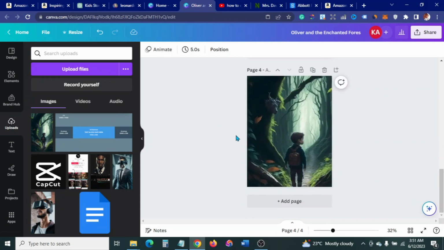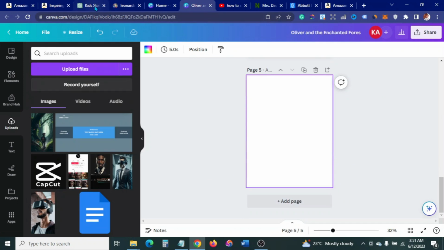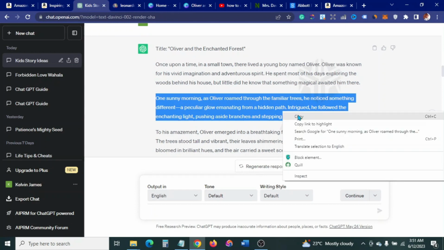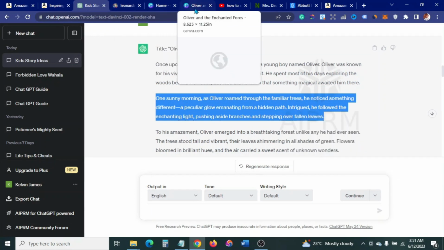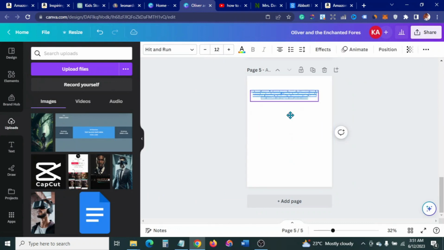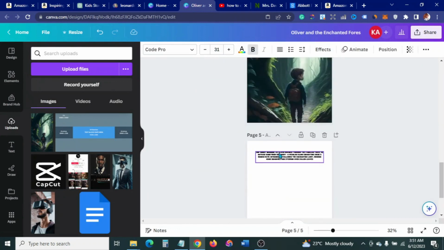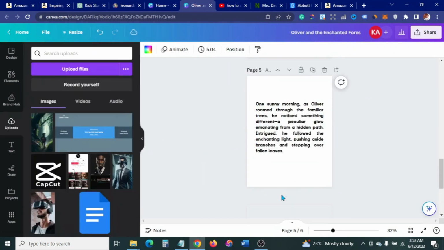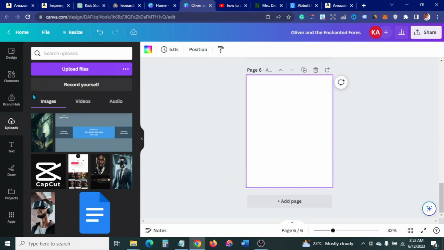Okay, so when you're done, let's add the next page. So we're going to come in here to copy this. So I'm going to copy this, go back to Canva here and paste this guy. So next page, we want to add